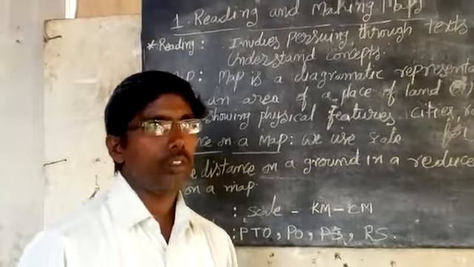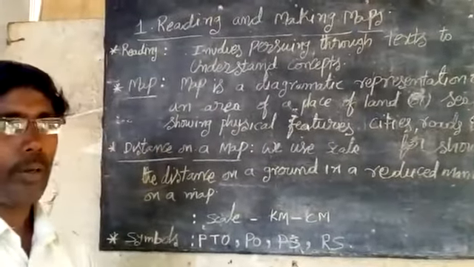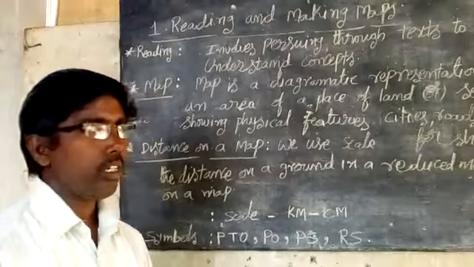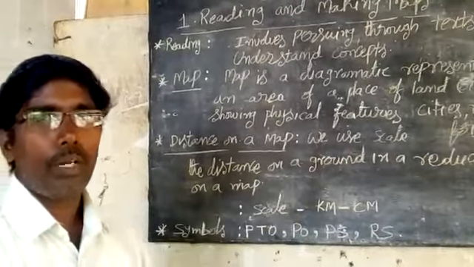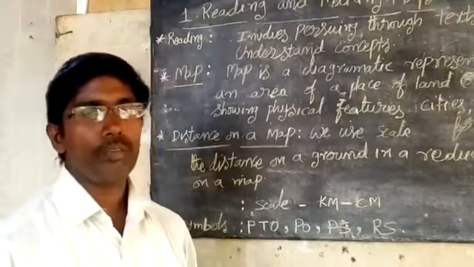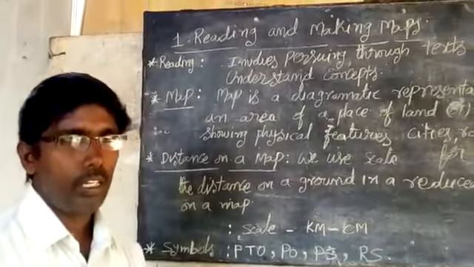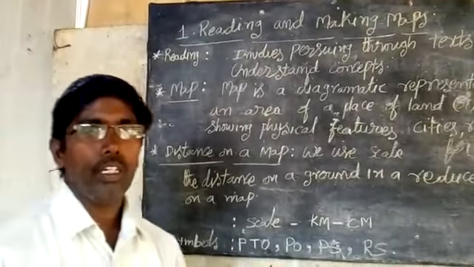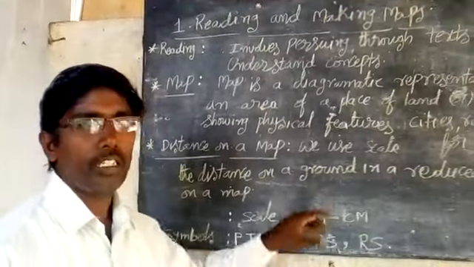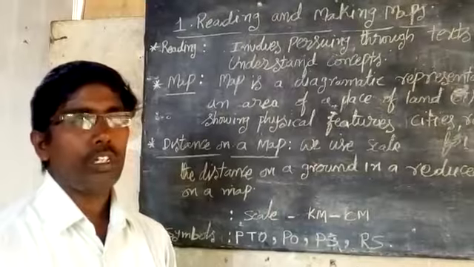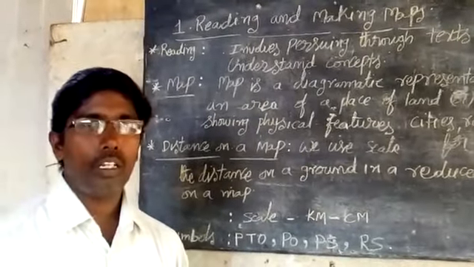How can you find the directions on a map? Generally, map makers show the top of the map as north, the bottom of the map as south, the right side of the map as east, and the left side of the map as west. Like that, map makers locate the directions on a map. In particular cases, the south direction is shown on the top of the map or the left side of the map.